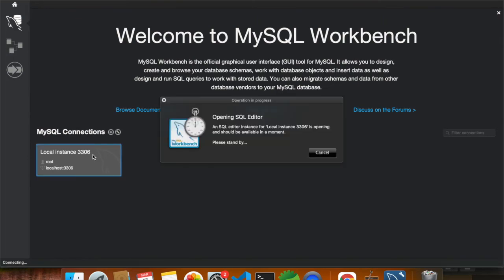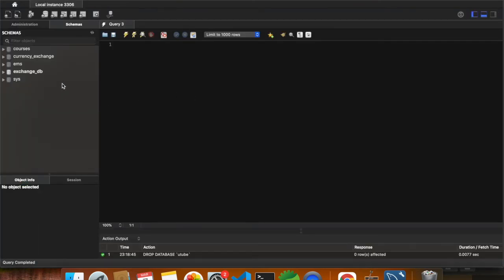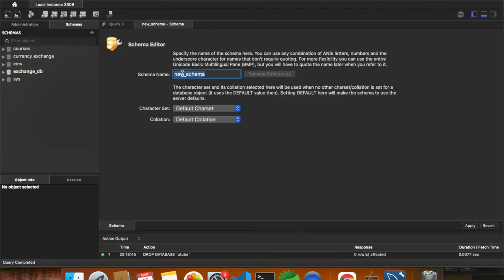Now I'm here. Here you can see we have a lot of databases. These databases I've created earlier. So here what we'll do is we will create a new schema. For that you have to click on this. We'll click on this, add database. So we are creating a new database schema. So for that we have to add the name. So the name of the application or the database is YouTube. So we'll enter YouTube and that's it.